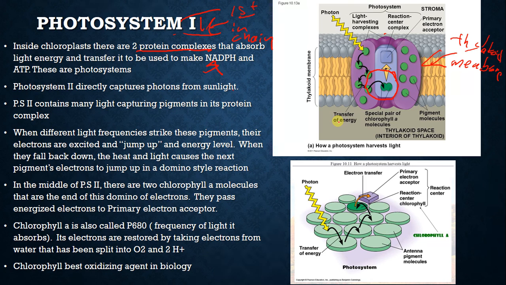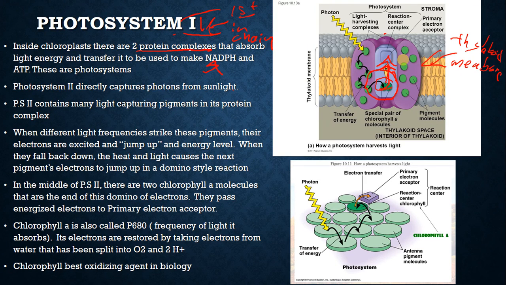In the middle, there are two chlorophyll A molecules that are the end of this domino of electrons. They receive this domino of electrons from all of the other pigments and pass those electrons on to this primary electron acceptor. All right? Chlorophyll A is called P680 because that's the frequency of light that it absorbs best. So the electrons that it receives and passes on to the primary electron acceptor